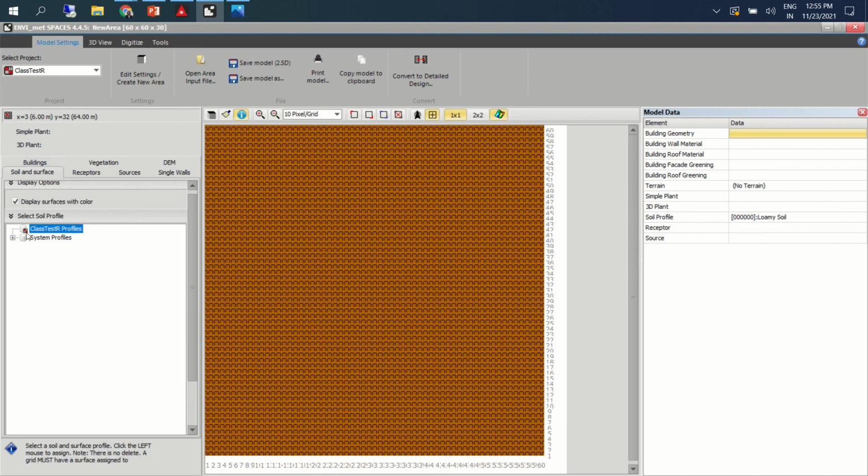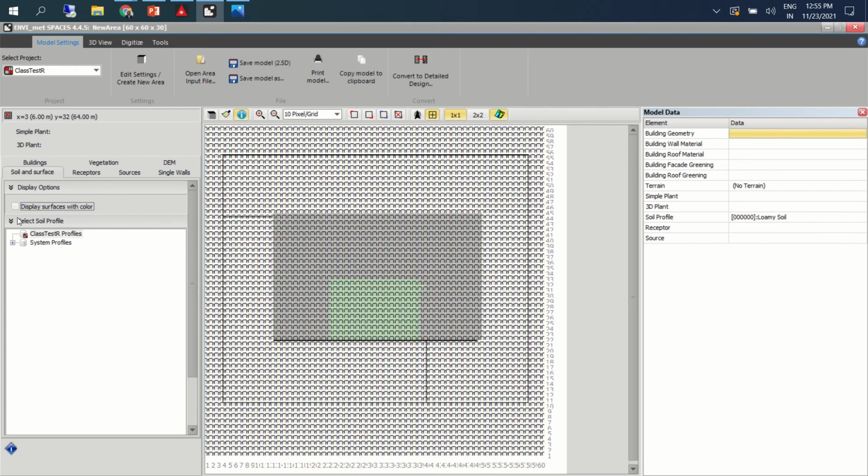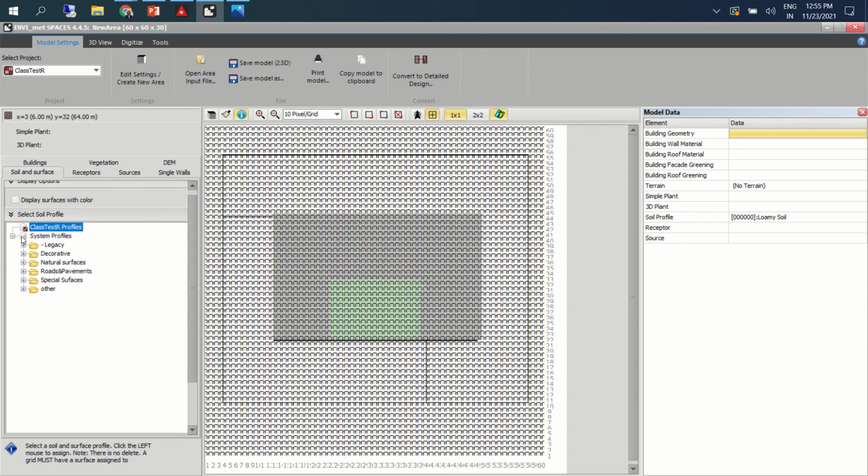Okay, surfaces. You can see here there's a tab, display surface color. I'll just remove that. If you see the surface profile, let us assume we have a certain kind of profile here. Let's say this is paved and other things are not paved.